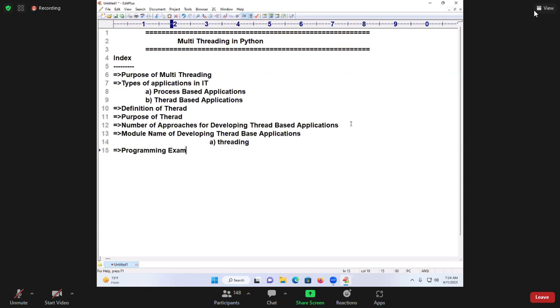Programming examples. So this is a detailed discussion about threading, that is, what functions are available and all those things. This comes under the first level part of it. First level discussion. And the second level discussion is